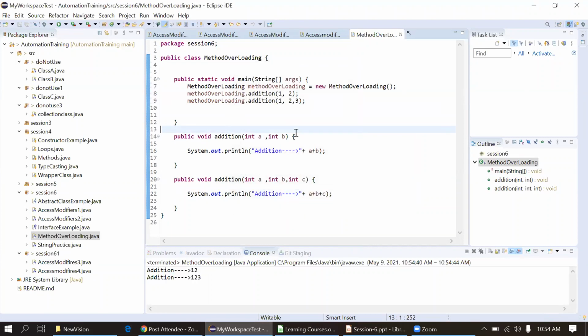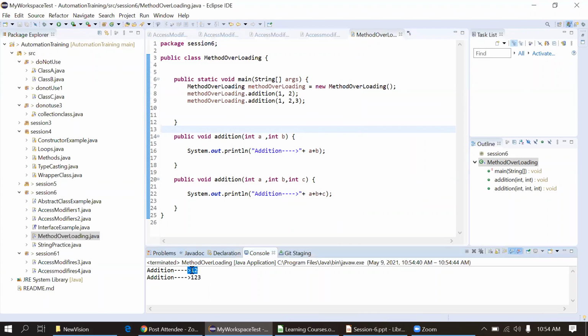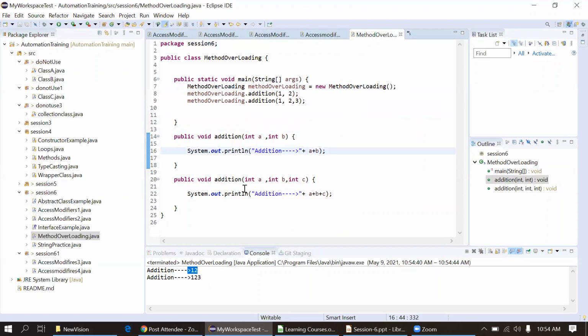Now you can see it's 1, 2. It's just concatenated actually. I will use another variable to print the values. int c is equal to a plus b. Because I used the plus inside the print statement, it was considered a string. That's why it just printed 1, 2 and 1, 2, 3. So I will print like this, using the variable c here.